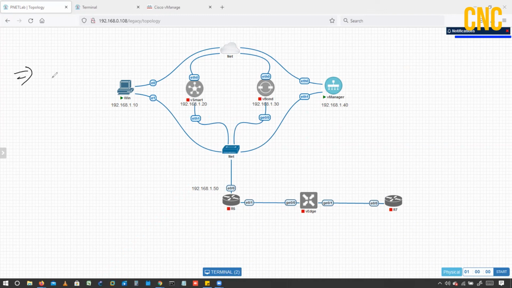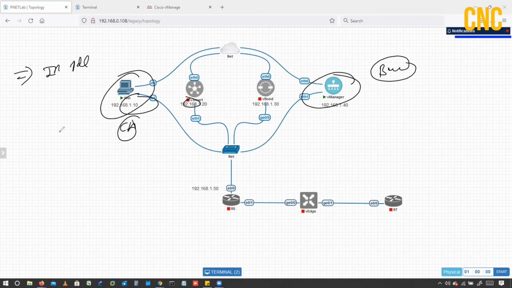The setup we have done, and the IP addressing we have done on this device. The base configuration we have done, like the host name, the site ID, and the org name. So these things we have done. And one more thing, the CA certificate is enabled right now here, and this device is enabled with a root certificate server. Okay, so this task we have done till this point.